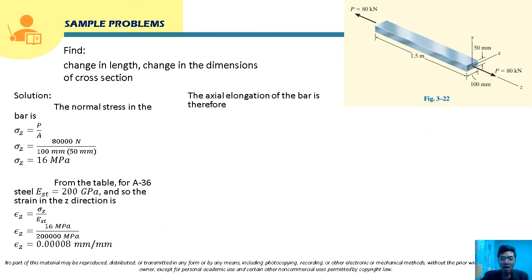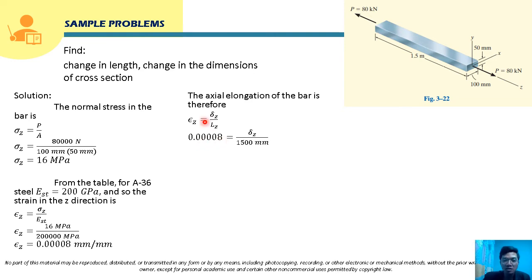So we are going to solve here the elongation. The formula for elongation comes from the formula of strain. The formula for strain is deformation over the original length. The original length of this steel bar is 1.5 meter, so we are going to use that, and we are also going to use the value of epsilon z that we computed. So substituting the values here,